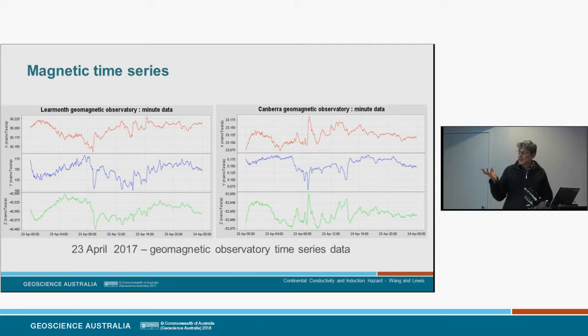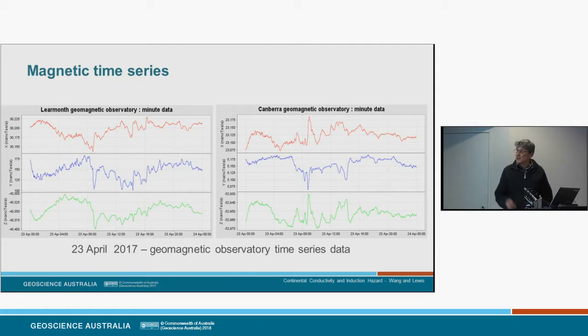But even in this data, which is time domain data, the green, the vertical component at the bottom between the two observatories looks really quite different. But it does share features with the horizontal components at the observatory that it was measured at. And it's interesting to see that for Liejun, the green vertical component seems to have positive correlation with the blue Y component, and at Canberra the Z component seems to have a negative correlation with the Y component.